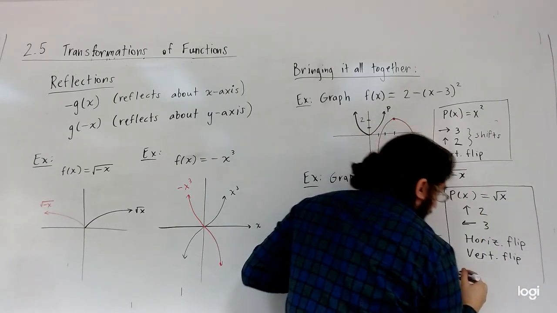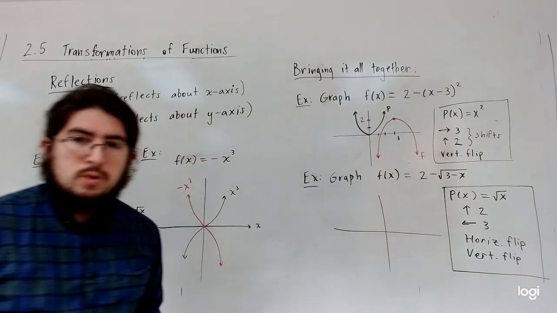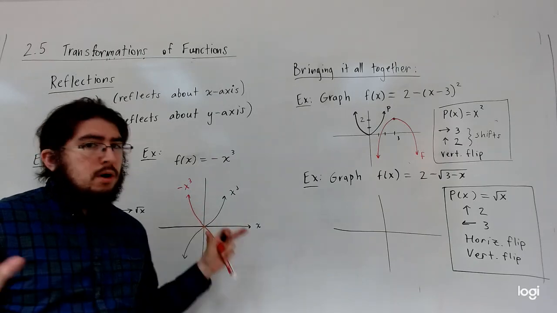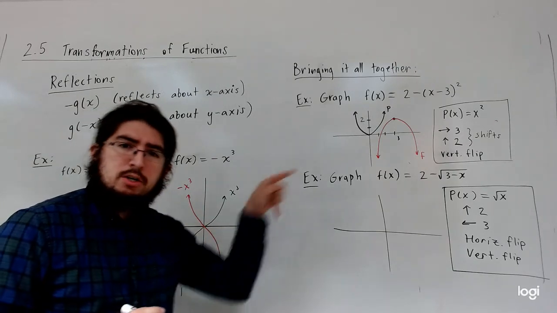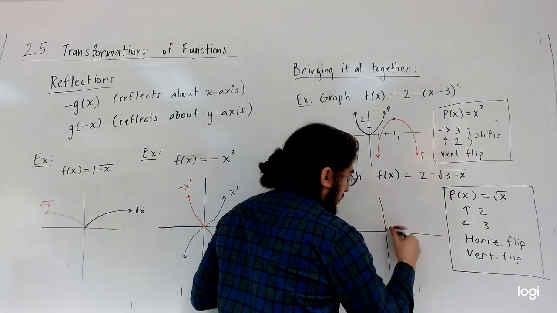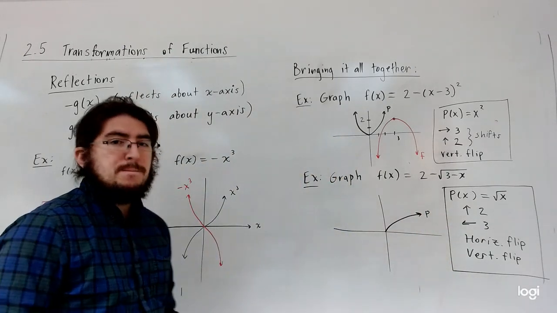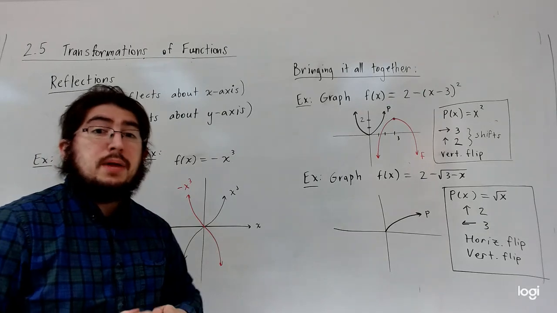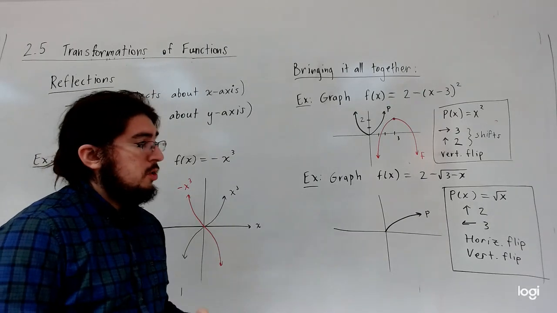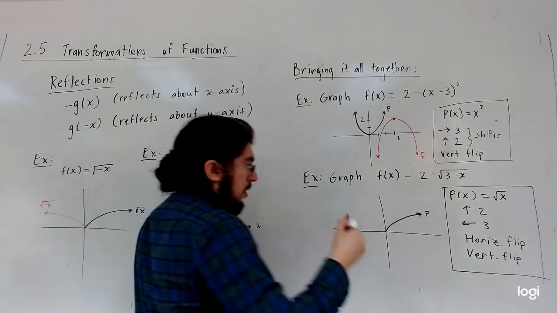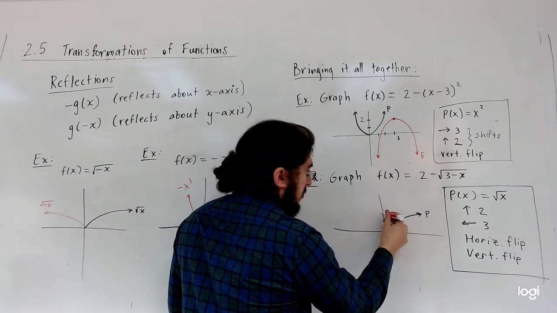Okay, great. So now what? Well, we need to put all this together somehow. First, let's start off with the parent function. So the parent function is the square root of x. It's just this. So let me label that as p. And now I'm going to apply all of these. Let's apply the shifts first. So I'm going to go up 2 and over 3. So if I go up 2 and then over to the left 3,